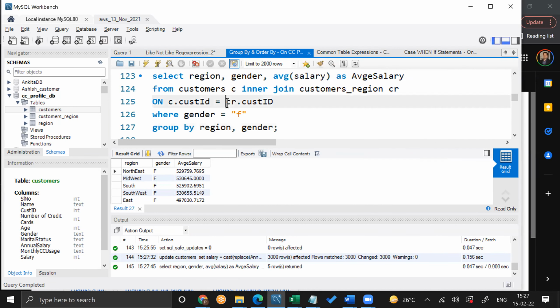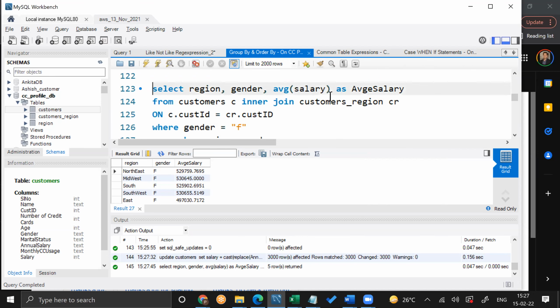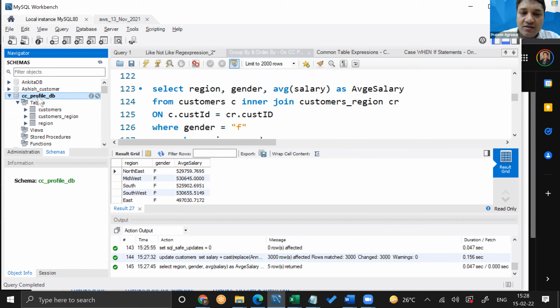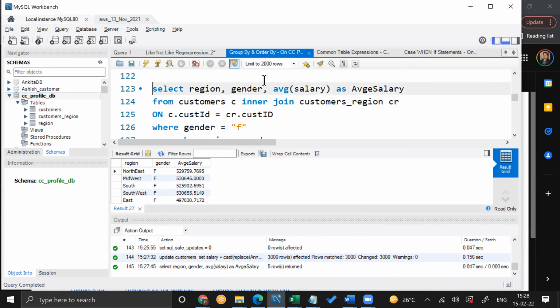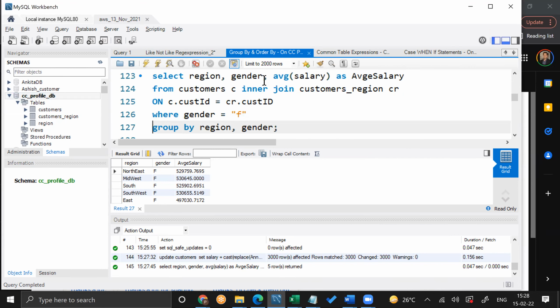Do I have to reconnect, Pratik, or just run the query again? No, have you connected with CC underscore profile underscore DB? Yes, I am. Oh, yeah, it's updated now. Thank you. Yeah, that's good. It's showing now, the average salary.